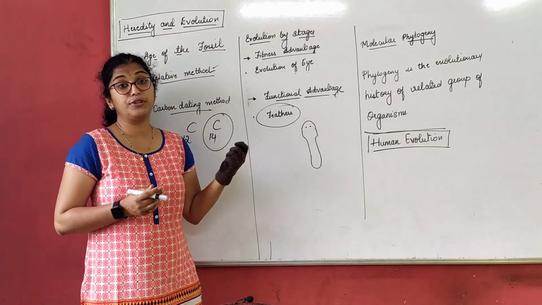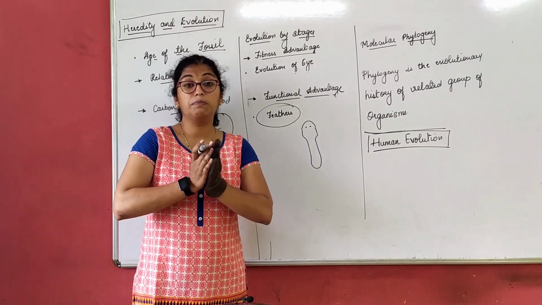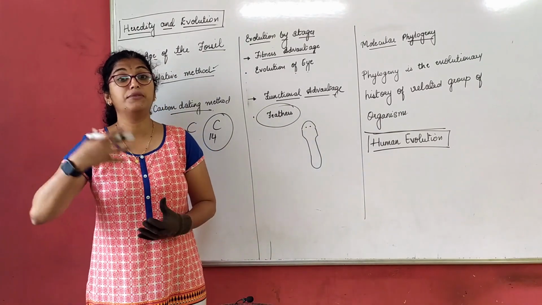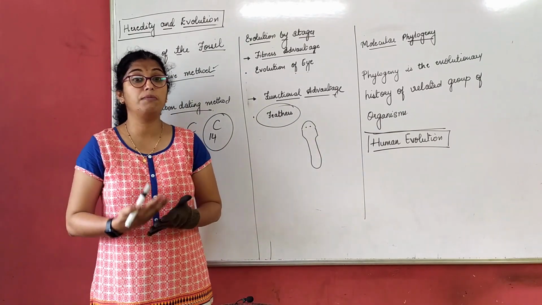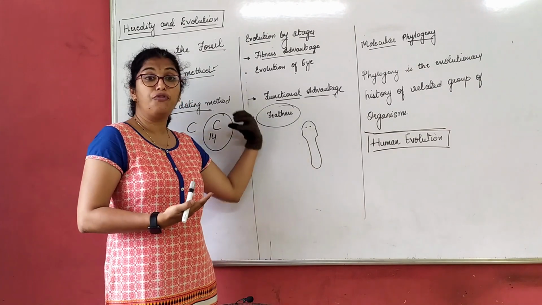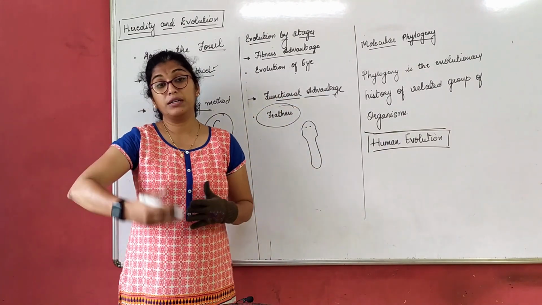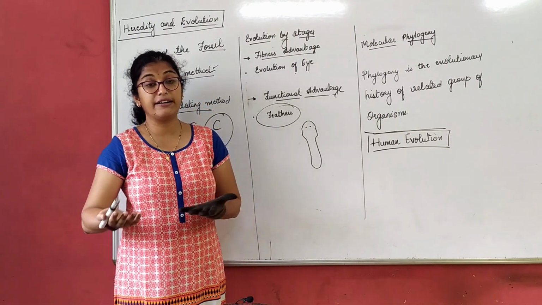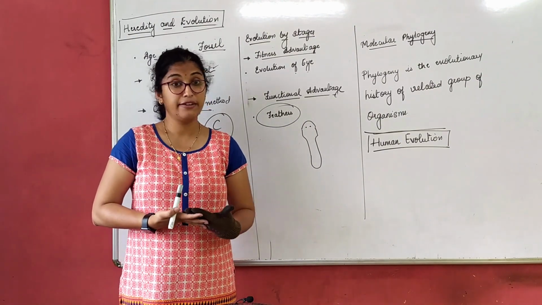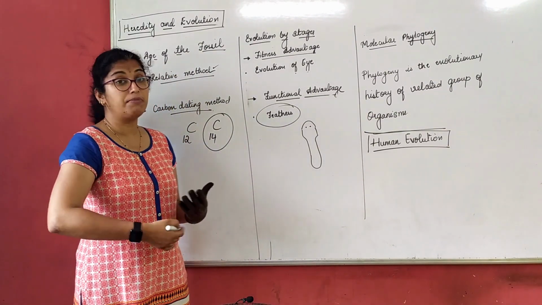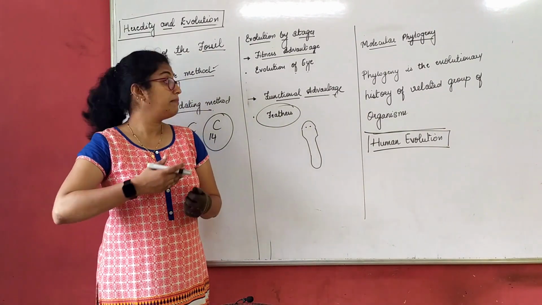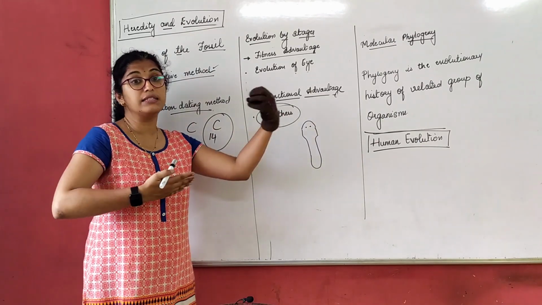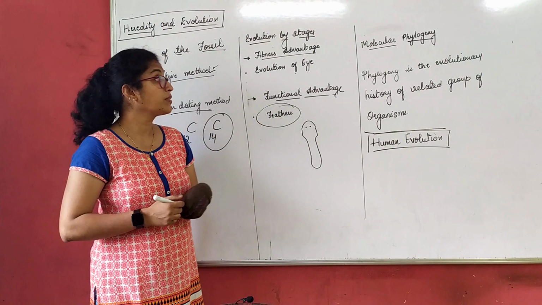Even in the study of fossils, we find that Archaeopteryx, and all these birds and dinosaurs, might have evolved from reptiles, because they again had a common ancestor. So that is how feathers might have evolved. Now birds are using these feathers for their flight. They are light enough that they can carry the bird's body weight. So this is evolution by stages. Evolution by stages is not progress, but it has evolved from one single organism to another.